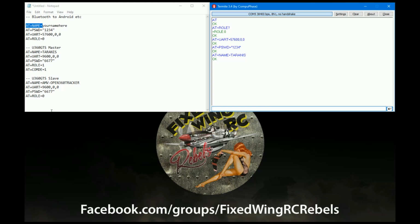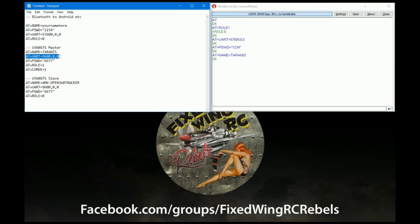What I'm going to do in a sec is change this to use the GTS or the U360 GTS master, because that's what I'm going to set this module up for. I already have the other module set up for the Android stuff. I've already set the name, that's fine, but I'll need to make sure that the baud rate is correct because I've just changed that. So that needs to be 9600